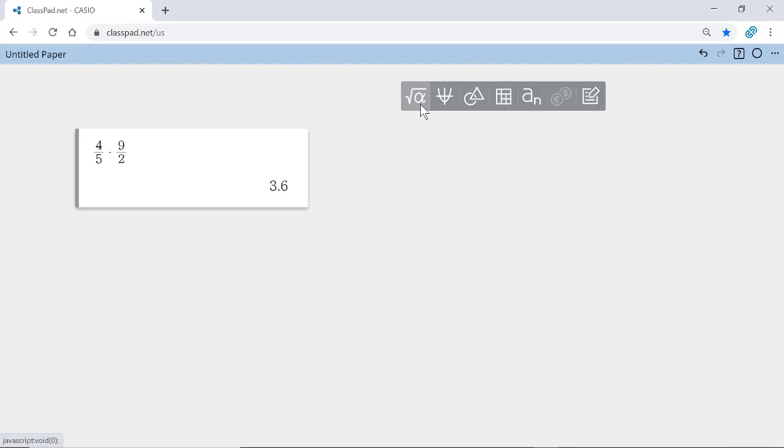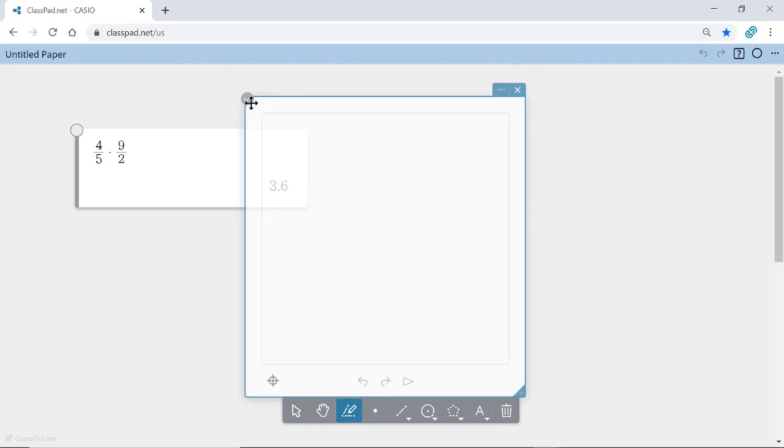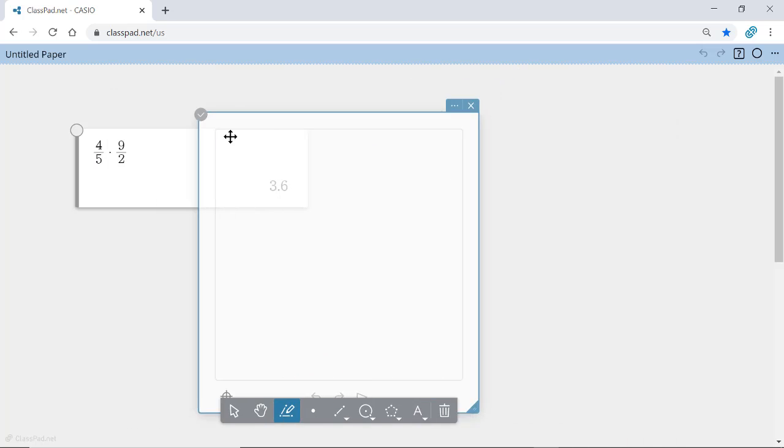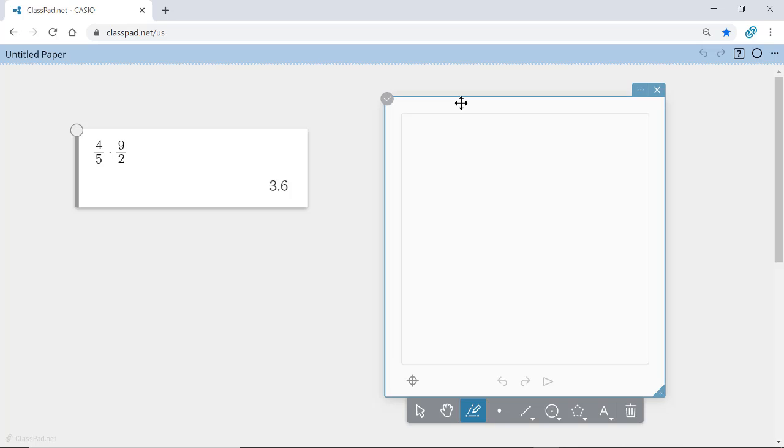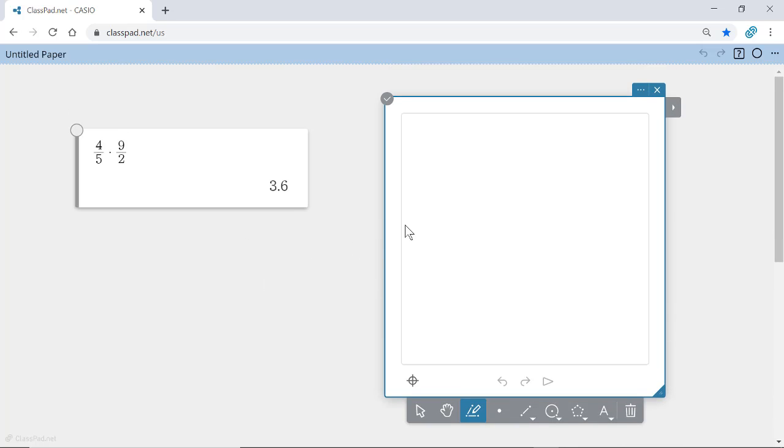So that's a calculation. Well, let's say this time I want to do geometry. So I click somewhere on the screen, and wherever you click, your options pop up, and you can do whatever math makes sense to you. So let's do geometry. And here's a geometry sticky. These are called stickies because think of Post-it notes. We can stick them wherever we want. So we can rearrange our paper to be whatever we want it to be. We have unlimited scrolling and unlimited ability to add things. So if I wanted to do geometry, let's just make a real quick geometry figure, and all I'm doing is using my mouse there, and boom, I have a triangle that I can now start exploring.